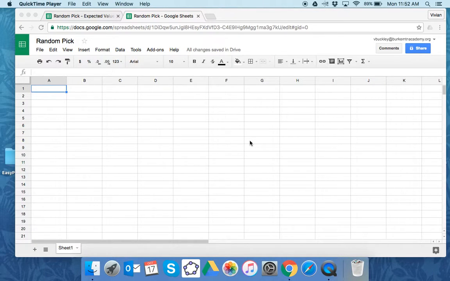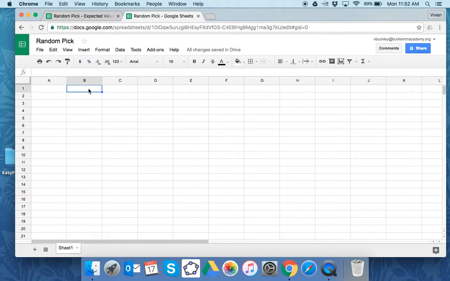In this video, I'm going to show you how to do another random simulation. In this case, we're going to randomly sample or randomly pick some things. So this is key in column B, type red or blue. I'm going to pretend you have a bag of 100 chips and there's 40 red ones and 60 blue